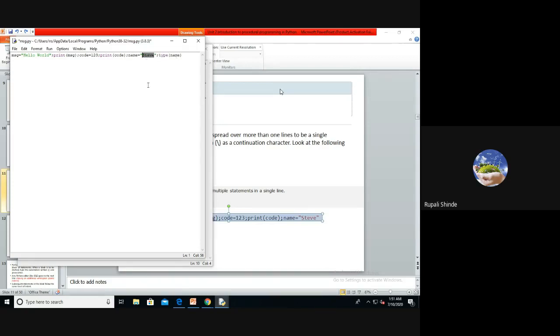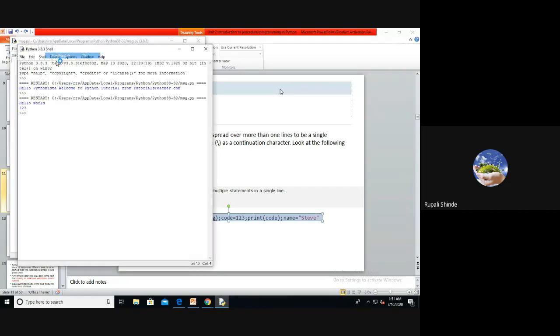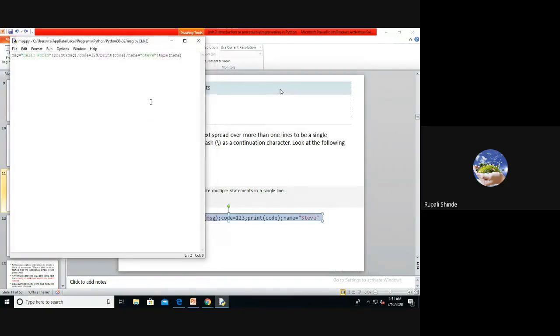Here the name variable has a string value, so it is nothing but a string. So we will check whether it displays the type of the name. Okay, it is not going to execute. So we will check the code again.